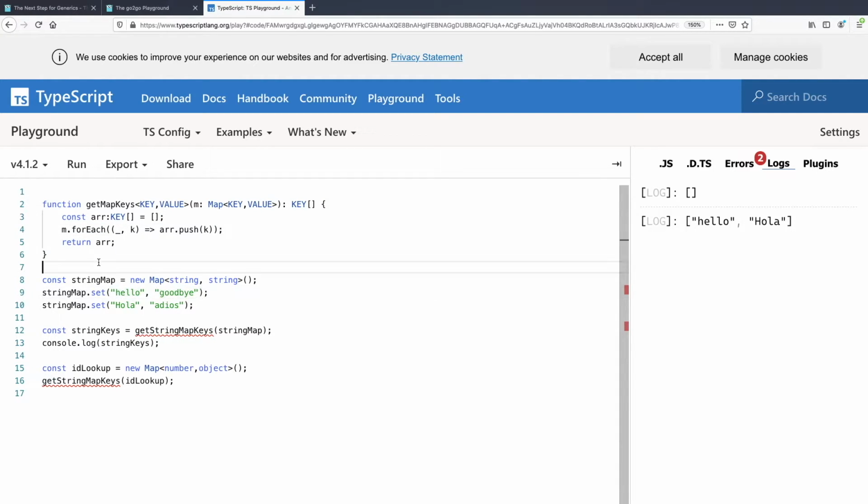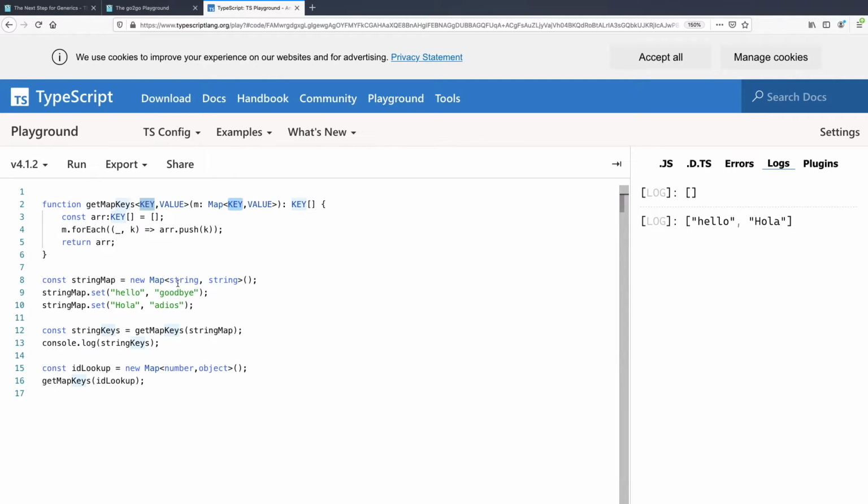And now this should work for any kind of map, because it's algebraic. So when I pass in a map of type string, string, this key becomes string, and this value is the value type. Those are defined by the arguments that we pass in here.